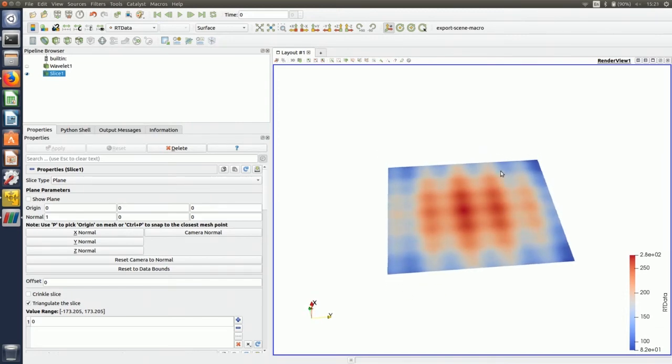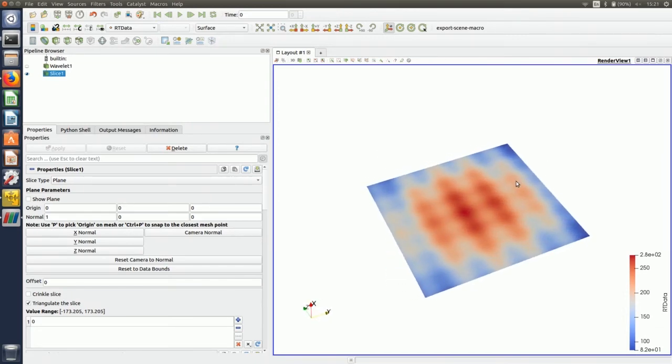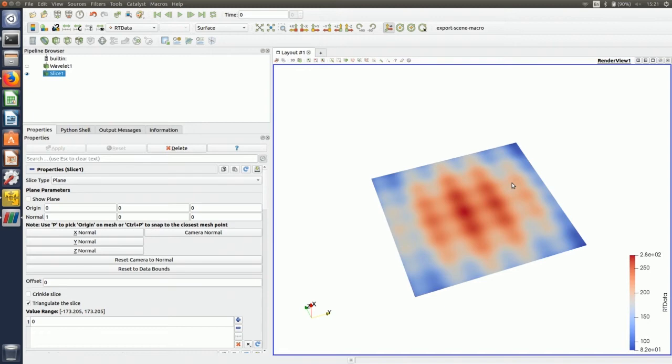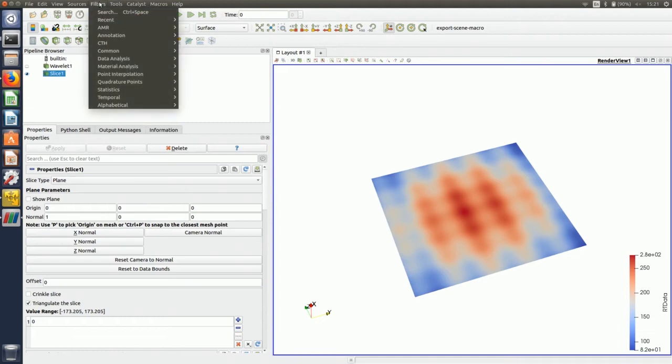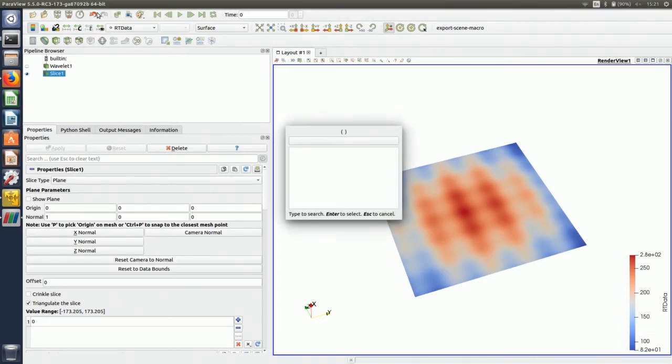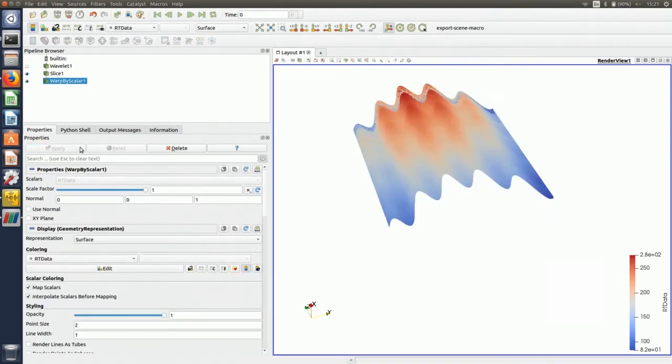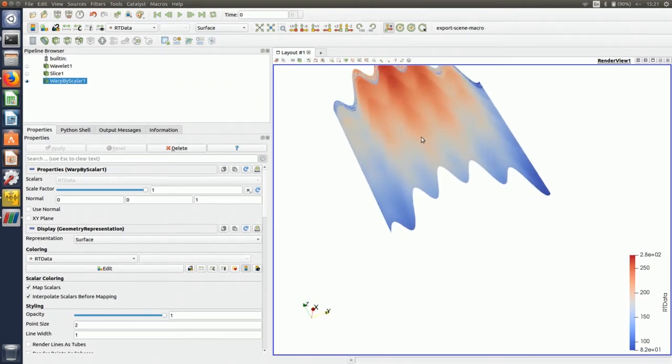So here I have a 2D data set in 3D space with a scalar field. Can I basically make the red part in the middle go high as if it was a mountain? So let's assume this is the altitude. It's very simple. Go to filters and get the filter called warp by scalars. If you warp that by scalars, here's the solution,